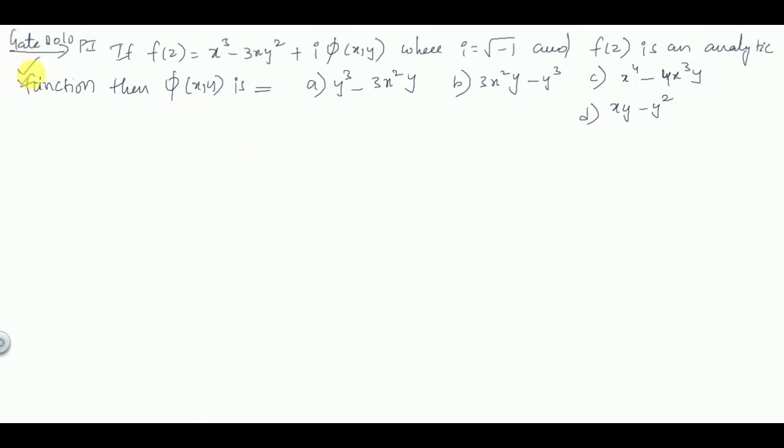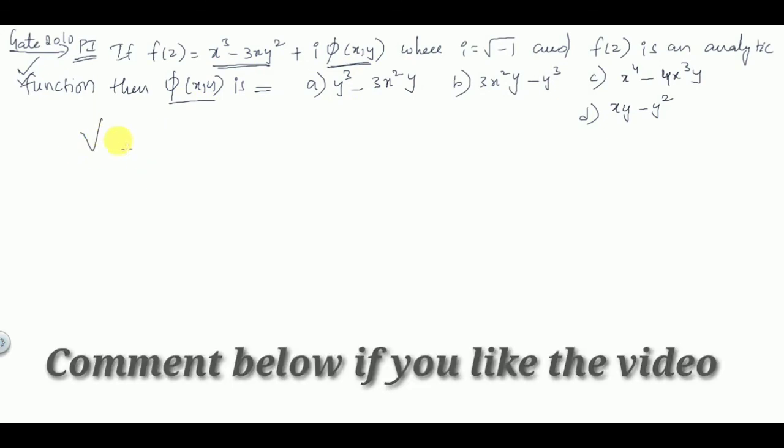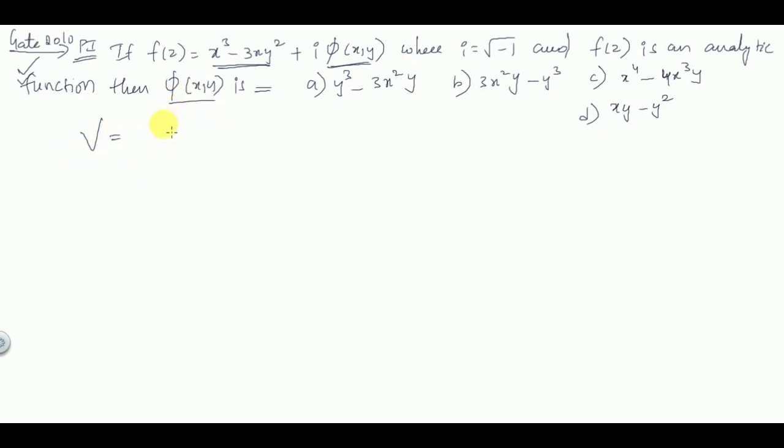So next we'll solve one more problem. This is a GATE 2010 problem asked for production and industrial engineering. In this he has given you the real part and asked you to find the imaginary part, that's all. I'm taking it as v, standard notation, you can take phi or v, no problem. Vx dx plus vy dy, but from the Cauchy-Riemann equations ux is equal to vy and vx is equal to minus uy. So minus uy dx plus vy, in the place of vy you can write ux dy.